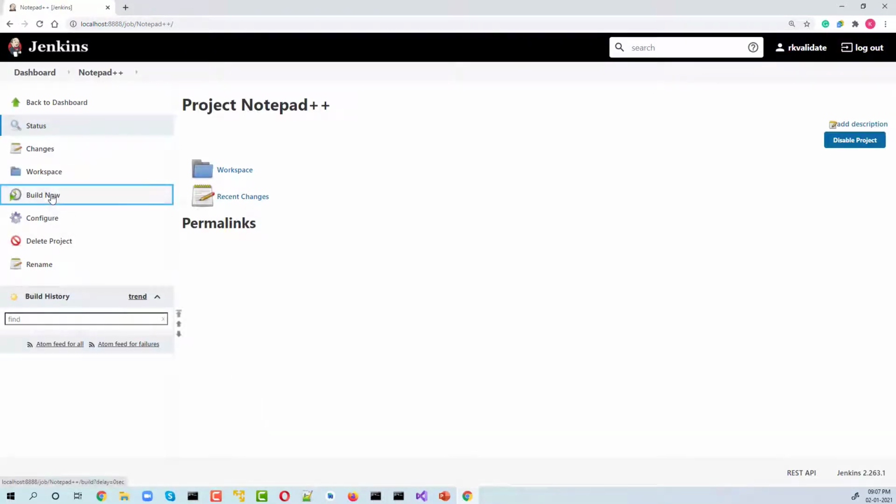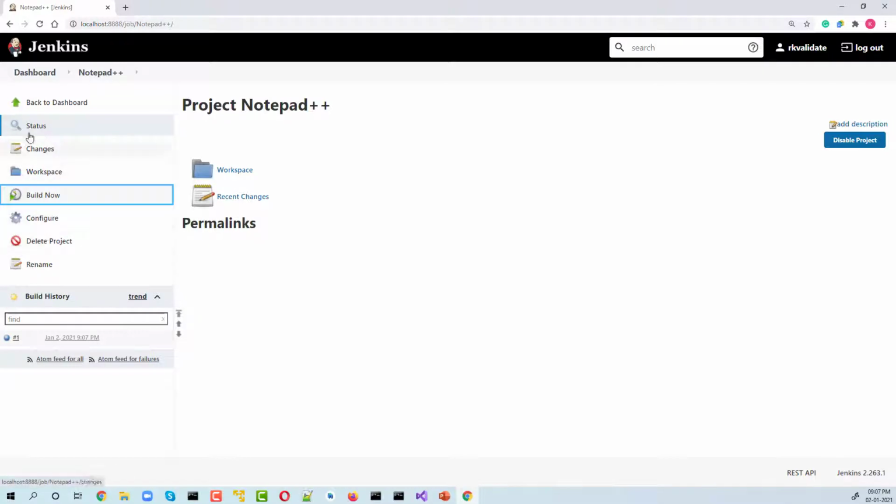Then trigger the build. If the build has already been automated here, all you need to do is add the post build script options that we discussed now to publish the reports. So we can completely automate the process from start to end, whether it is building or running the unit test cases, and at the last we can also generate the code coverage report and publish it.